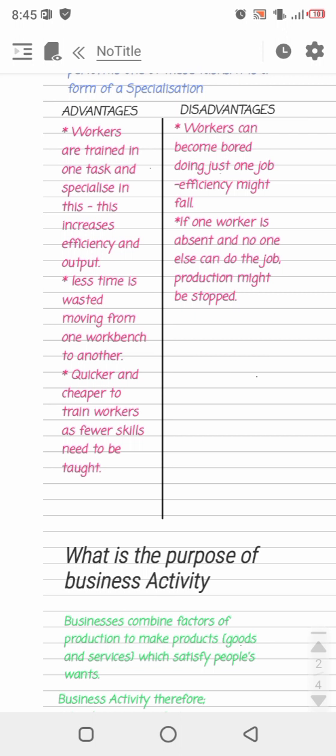If I use specialization, then the person making the batter will have to move to the workstation to give the batter over. Even after baking the cupcakes, he will give them to the icing station, so he has to move from one workbench to another, but he wouldn't have to move to the packing station as well. So it will save time, right? It will save time